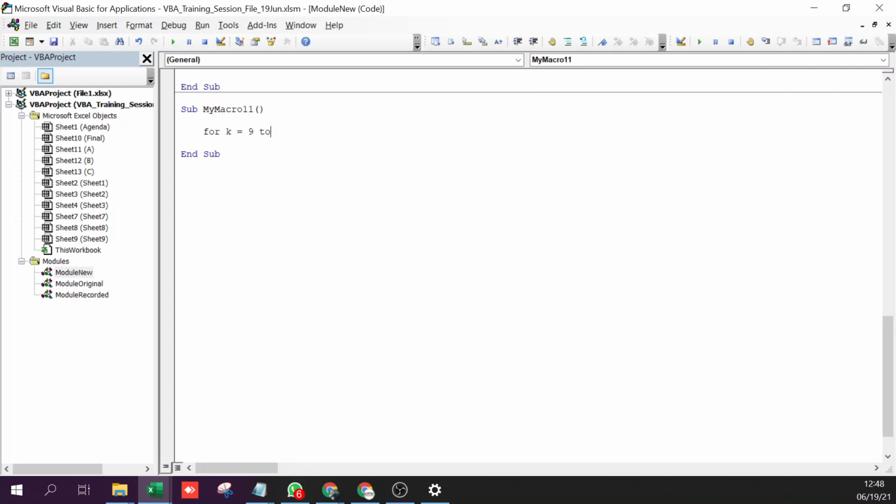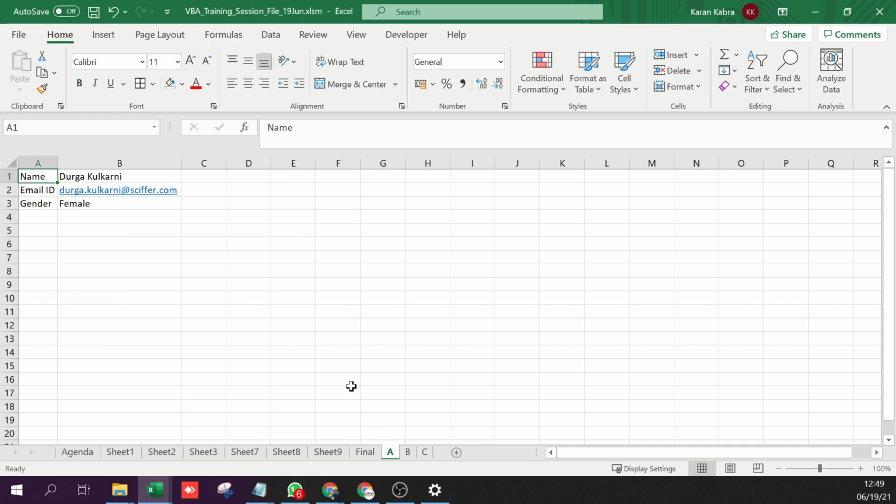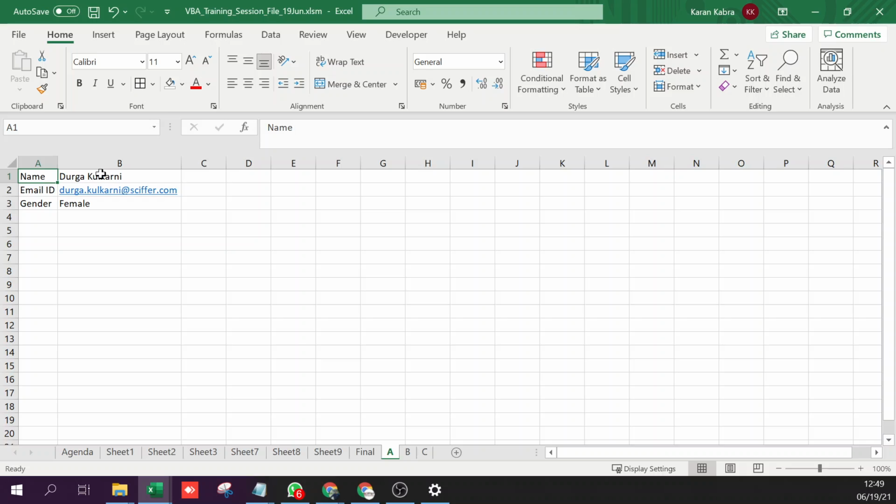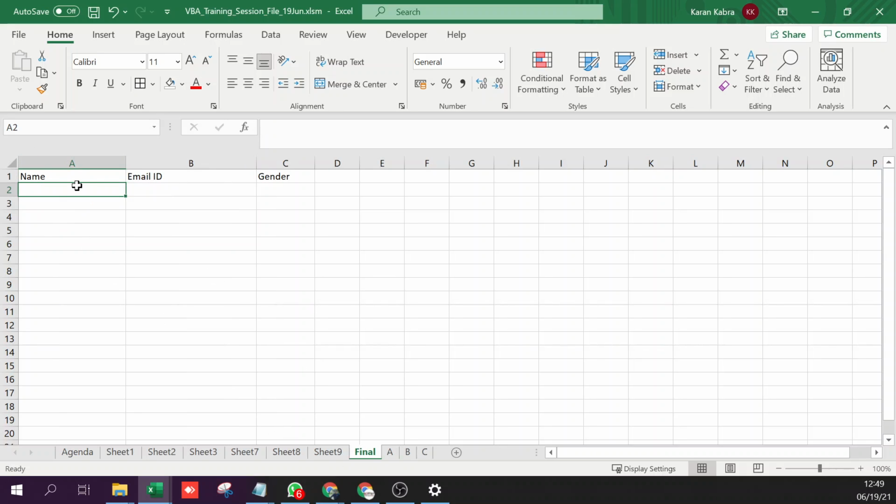For k equals 9 to 11. Now for each sheet, we have to start copying these values and pasting them here. Rather than doing copy paste, let's just read the value and paste it in the final sheet.